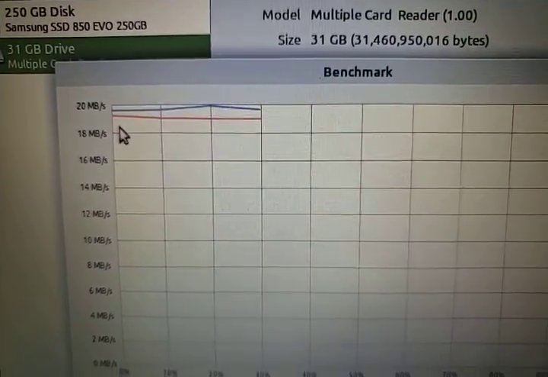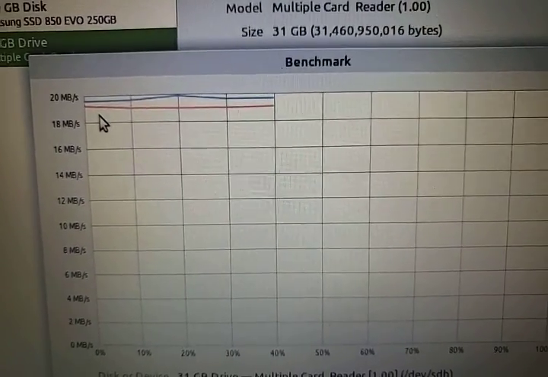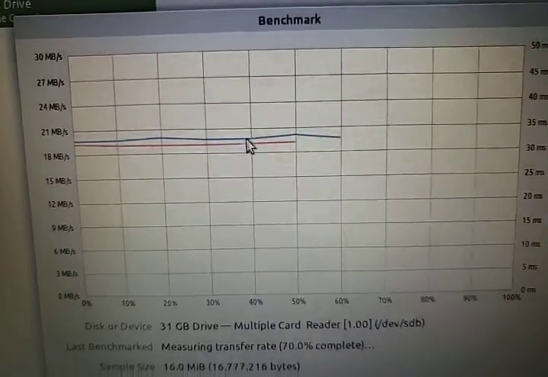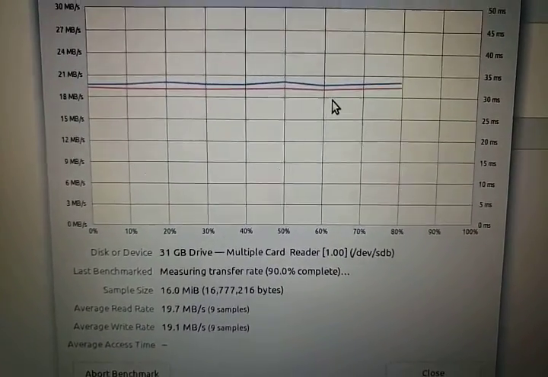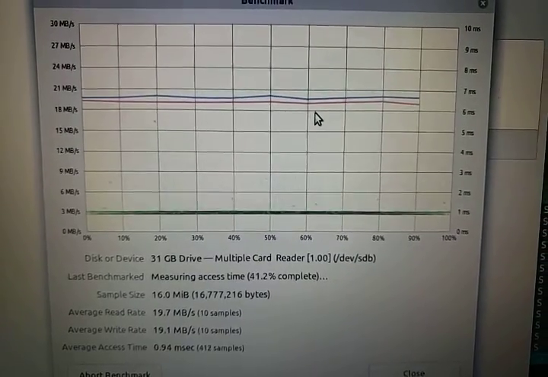So we're having under 20 megabytes per second performance,